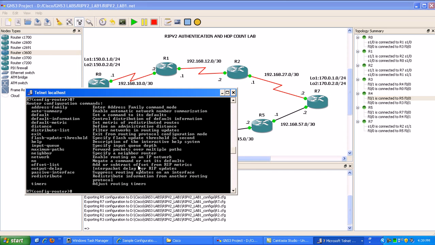Then under here, to advertise networks into the RIP routing protocol, we use the network statement. So we put network, and then we put our network here, which is we're going to advertise our loopbacks in first. So we're going to do 170.0.1.0. Actually, first, what I should do first is show you